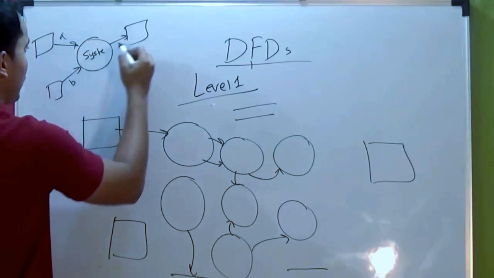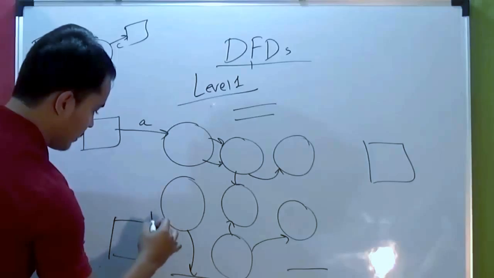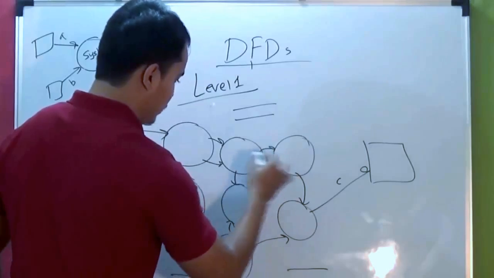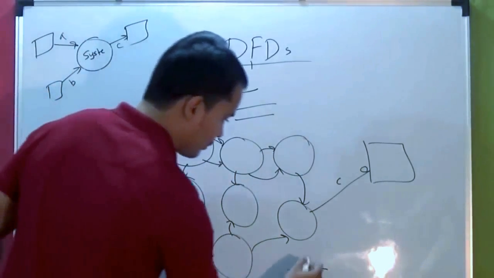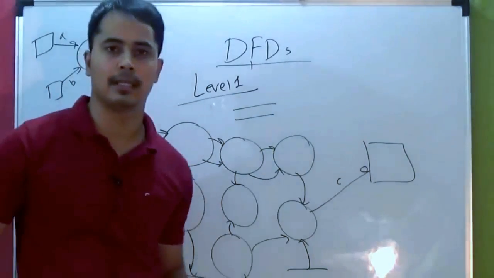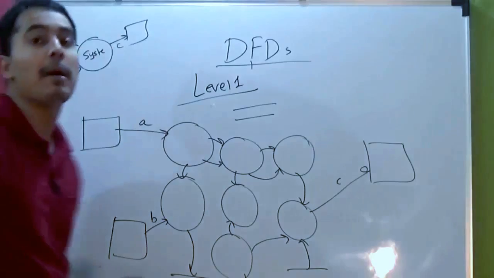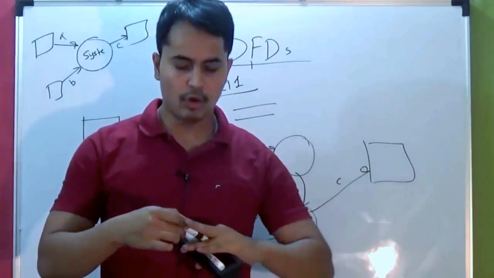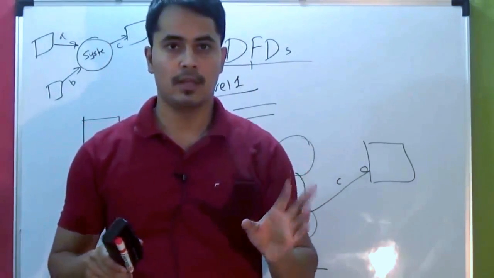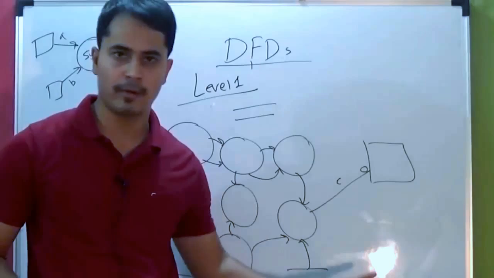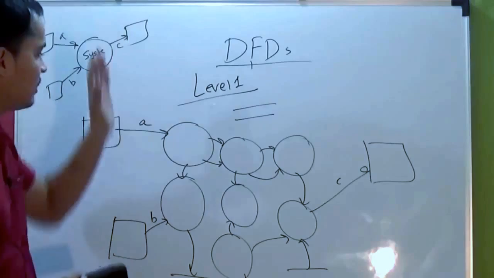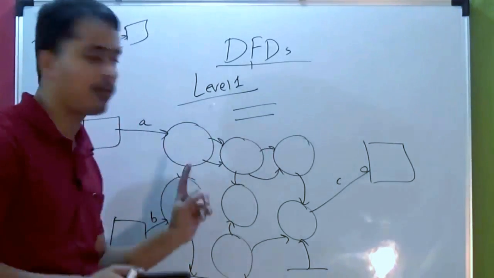I mean, if this were A, B and C, you still have to have that A, B and C, right? There might be a lot of new data flows now visible in and out of the data store, right? But you have to still preserve your original A, B and C. It's like zooming on the map. So you go from a country to a state, but country borders are still intact. You do not introduce new external entities in the level 1 diagram, and you balance or preserve your data flows from the context diagram in the level 1 diagram.